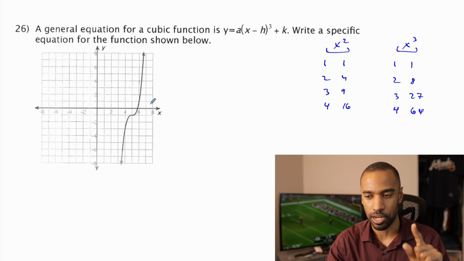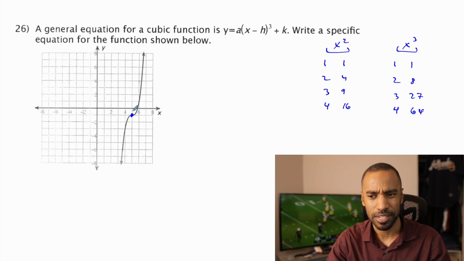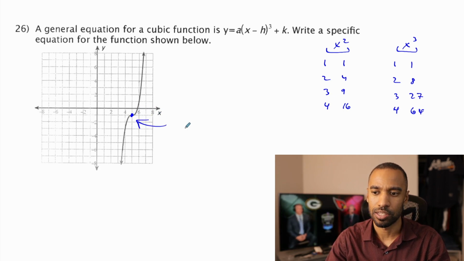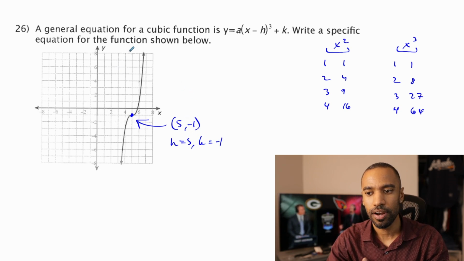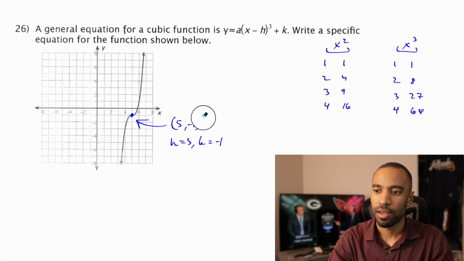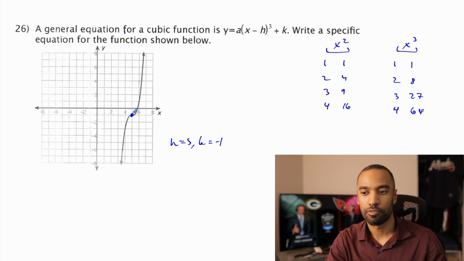Let's first talk about the h and k here. This is our center, our reference point here. It's not a vertex, but it's a center. This point is at 5, -1. That means that h is 5 and k is -1 right there. But we have to figure out the a value now. Now, the a value has to do with what I'm talking about in the 1, 1, 2, 8 stuff, I should say. Naturally, a cubic function would go